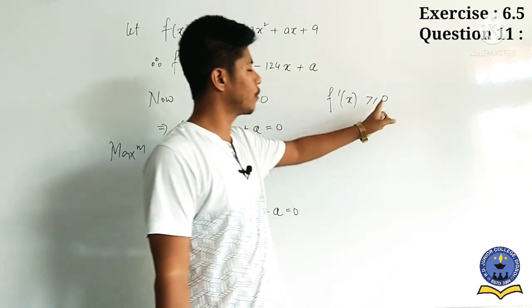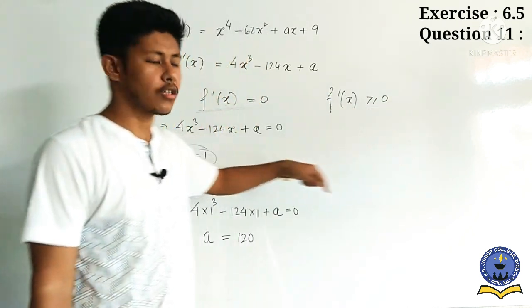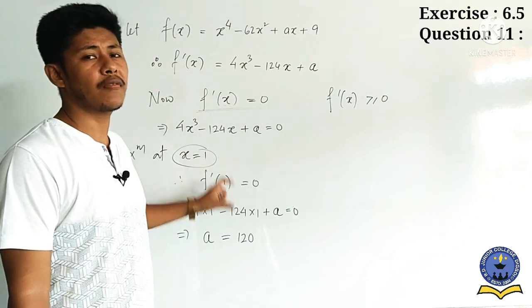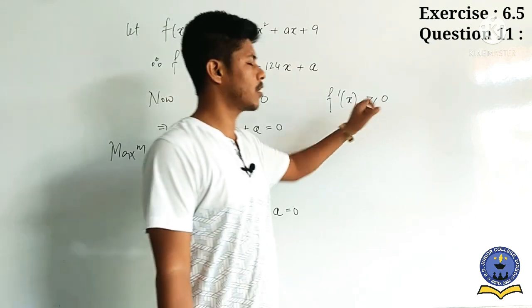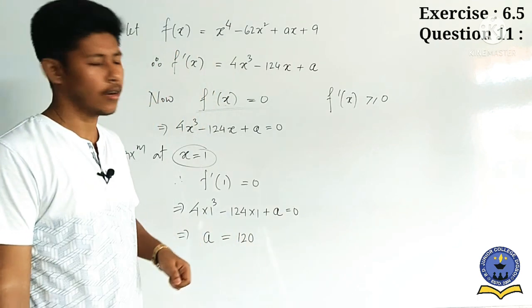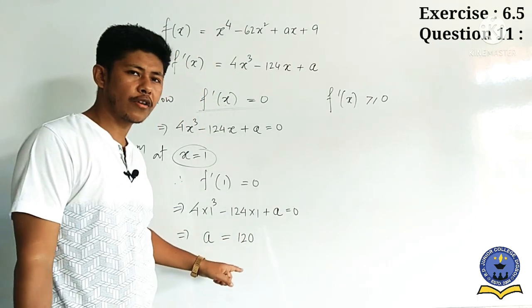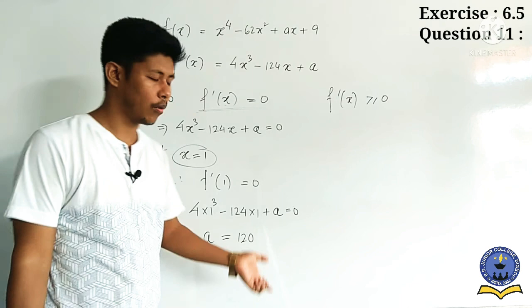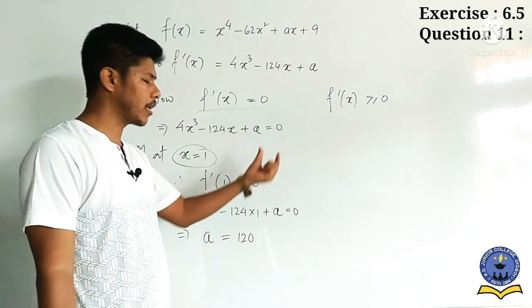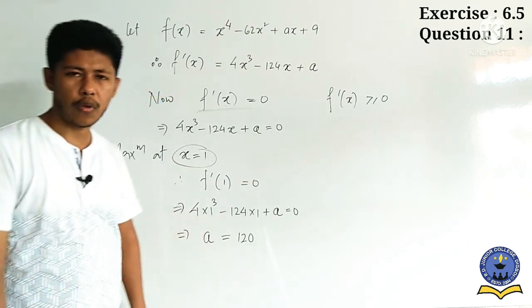So greater than equals to, here two conditions are there, equal or greater than. So we have to find out exactly the value of a. So that's why here we consider the equal part, not the greater than one. The maximum value will be 120, it could be more than that. So here it is exactly at a point like this. So that's why here a equals to 120.